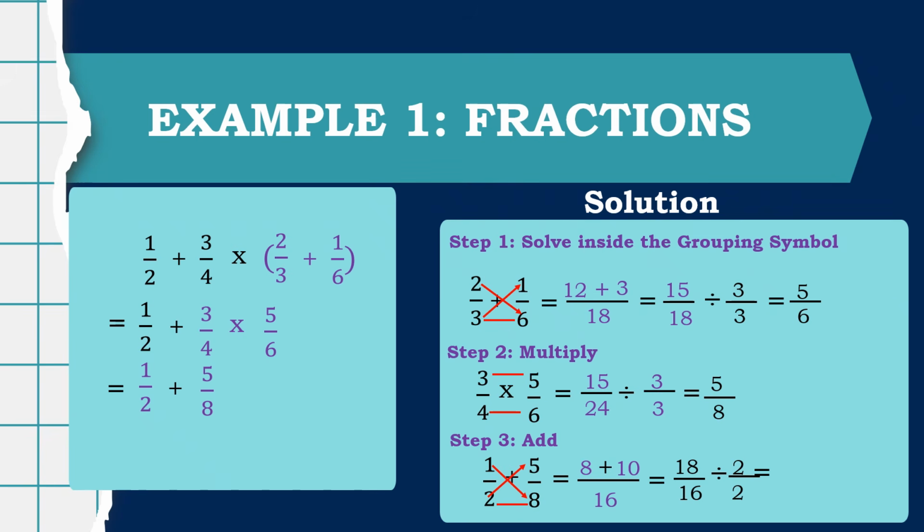What kind of fraction is this? Yes, 9/8 is an improper fraction. The numerator is bigger than its denominator. So the lowest term of an improper fraction is a mixed form. So 9/8, you're going to divide 9 by 8. 9 divided by 8 is equal to 1. And we have 1 extra, and then copy the denominator 8. So 9/8 or 1 and 1/8. And this is our final answer.